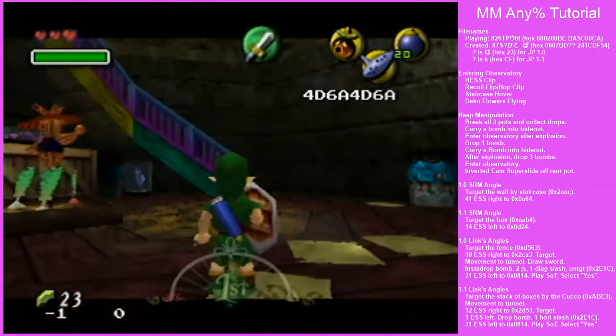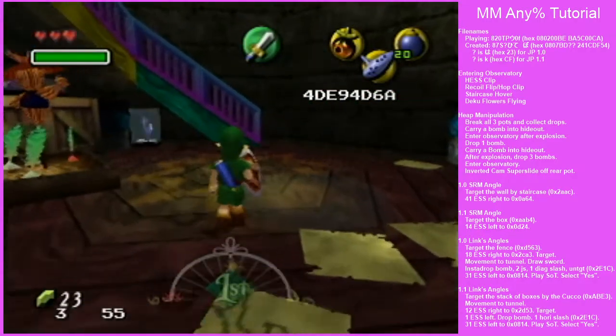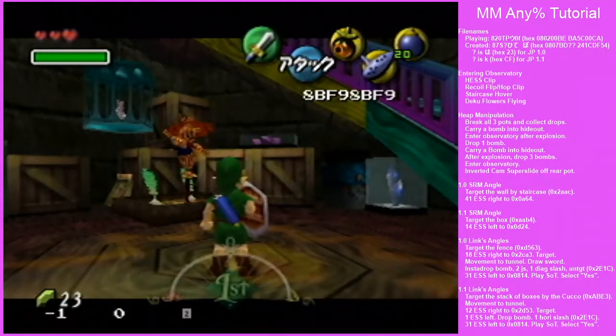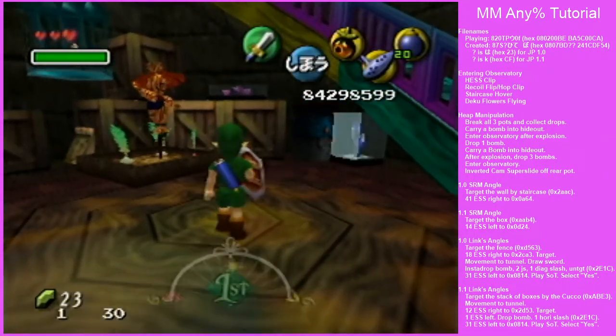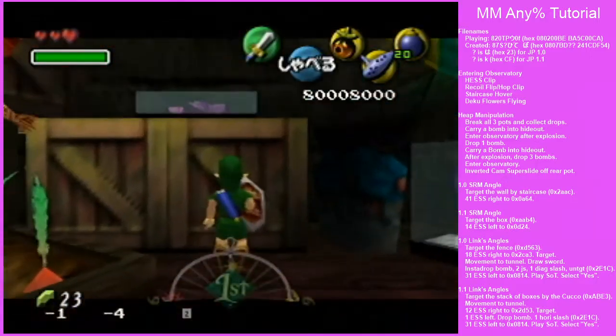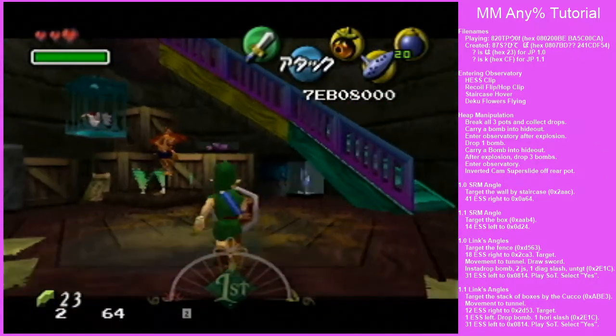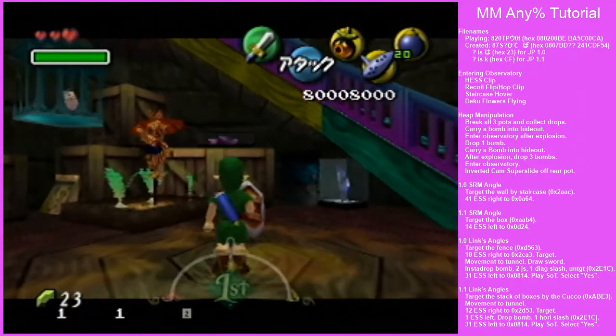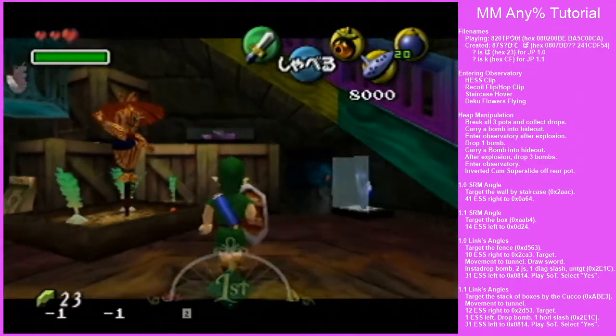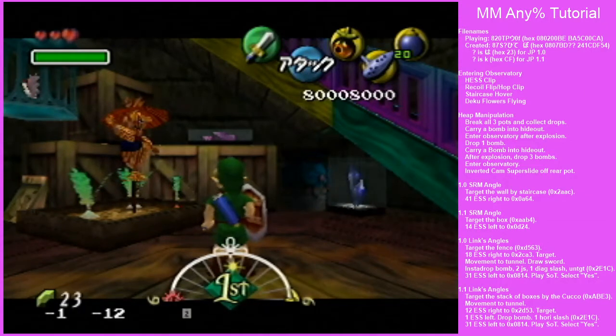But you could also just walk over here and target this way. But then sometimes it gets a little skewed, so it can be a little annoying. Basically, we're going to be backwalking here. We don't have to backwalk. You can do any movement you like here, but I just prefer the backwalking method. So anyway, what we're going to do is backwalk and pull a bomb, and then go into hideout, and then